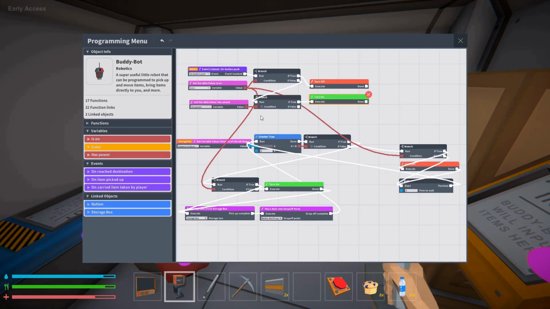If he is off and doesn't have power, then we'll just leave the false here because there is nothing more that we can do. He can't be turned on. We also need to add this branch in here as well. So let's just take a duplicate branch, run this down,